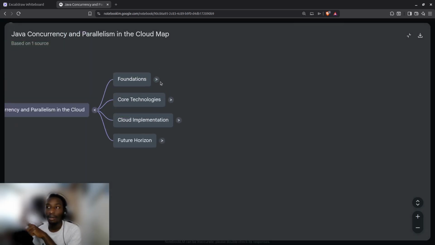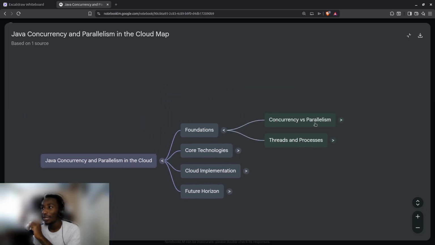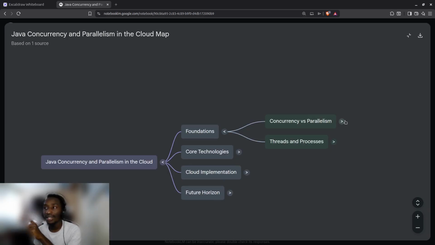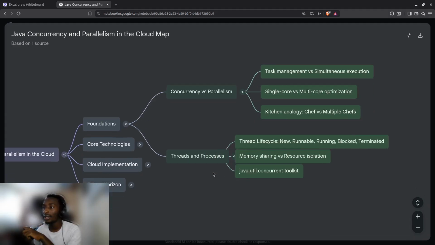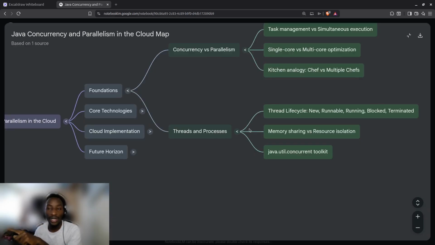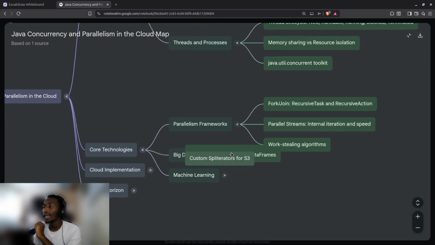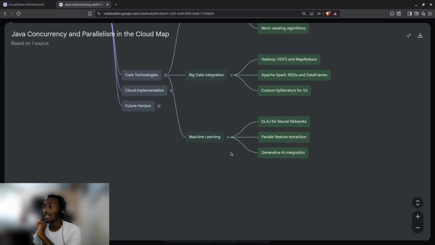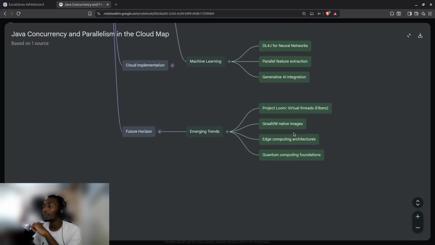This is how a mind map looks. When talking about Java concurrency and parallelism, we have the foundations where we're talking about concurrency and parallelism. Under it, we have task management, simultaneous execution, single core, multi-thread. When talking about threads and processes, what are we talking about? So you get the whole idea. So you could generate mind maps, and just get to see the various advantages that you get from